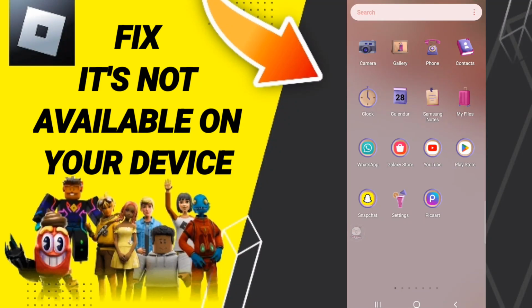Hello everybody, today we'll talk about how to fix or solve "Roblox is not available on your device." To know how to fix it, you should just go